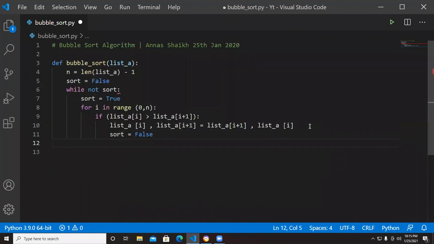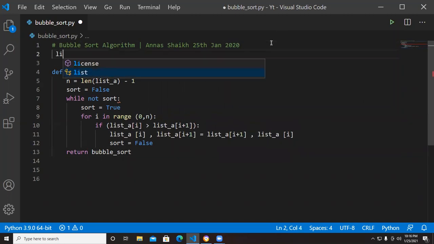now this should be something in. So let's take an example list.